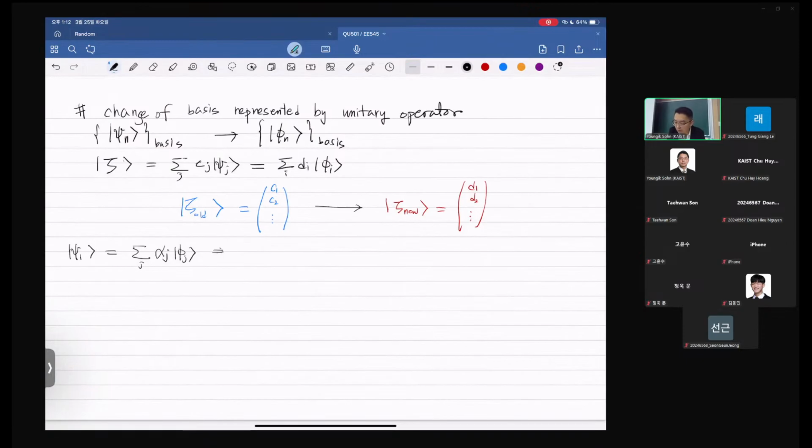I introduced a new coefficient alpha. And we already learned how to extract the coefficient from that kind of expression by using orthogonality. You apply the bra of phi i to the left-hand side, and you can extract alpha i. I'm assuming it's all normalized, so you know how to calculate this. Using this fact, what I'm going to do is